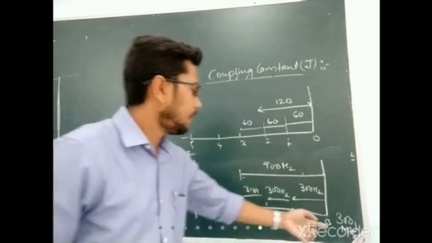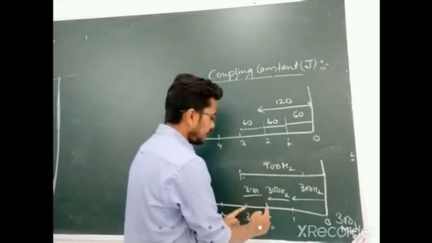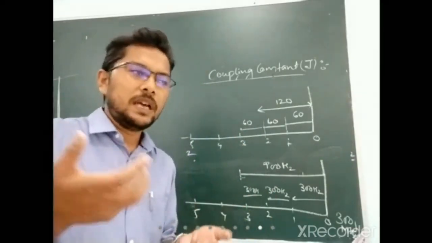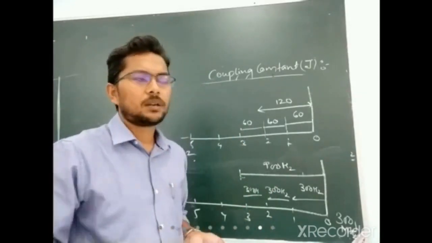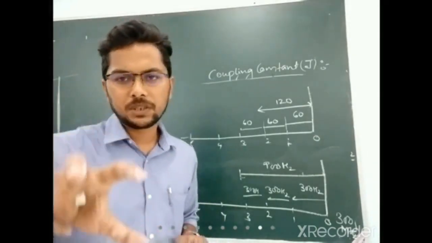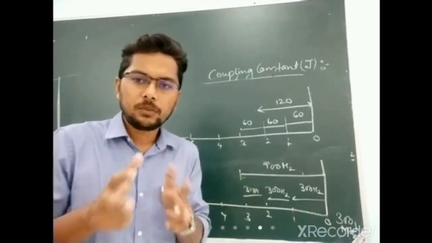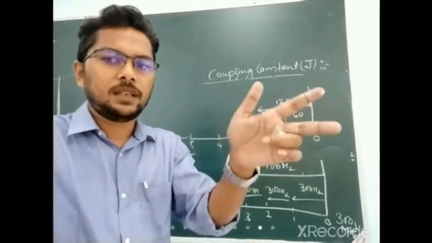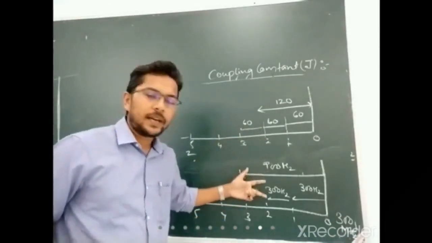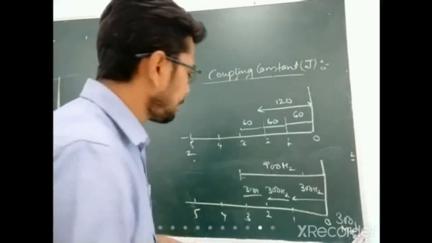So why do we have to use an NMR instrument of higher magnetic field? Because the distance between these two in terms of hertz increases. It is like using a 10 megapixel camera versus a 100 megapixel camera. The picture remains the same, but when you zoom in, the 10 megapixel picture gets distorted and the 100 megapixel one is much clearer. That's why when you go from 60 to a higher magnetic field, the spectra becomes clearer.